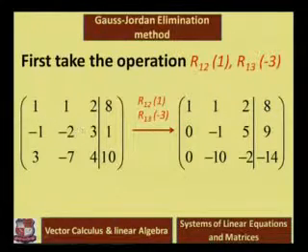For that, we proceed with the operations R2 plus 1 times R1 and R3 minus 3 times R1. This means multiply the first row by 1 and add to the second row, and multiply the first row by minus 3 and add to the third row simultaneously. So the resultant matrix: 1 minus 1, that is 0, 1 plus minus 2, that means 1 minus 2, that is minus 1, 2